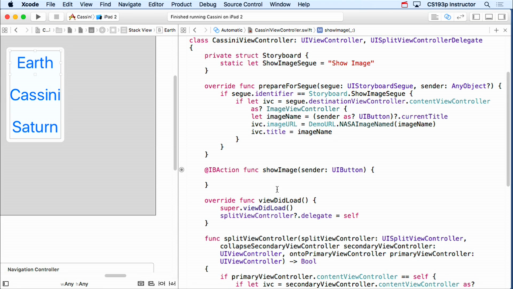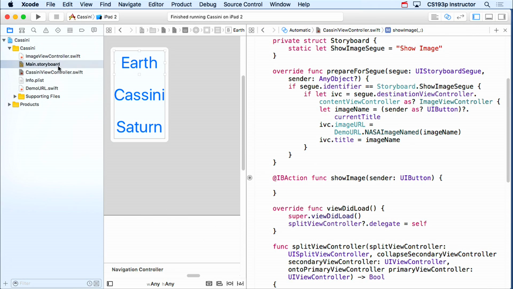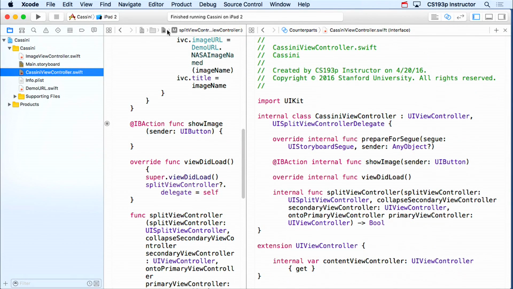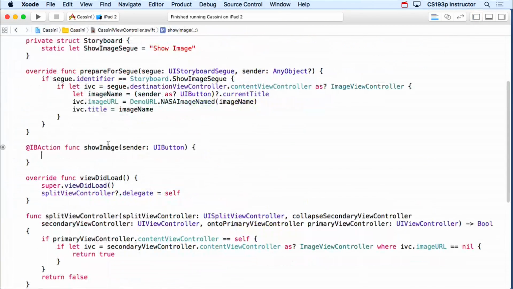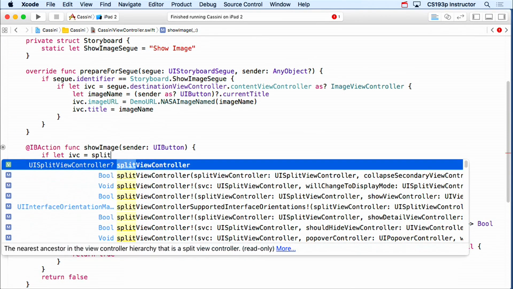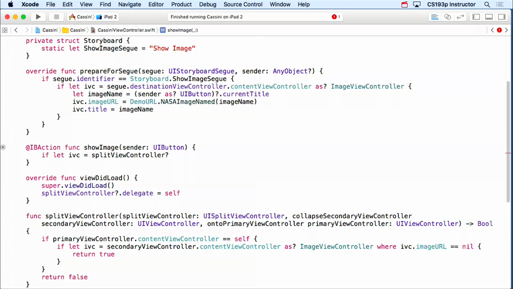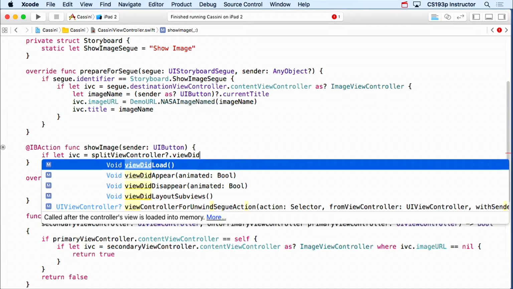So show image looks a lot like prepare for segue. We can only do this if we're in a split view, right? We can only do the show image thing here, this trick, if we are in a split view. So I'm going to first check to see that. I'm going to say, if I can let the image view controller equal my split view controller's view controllers,